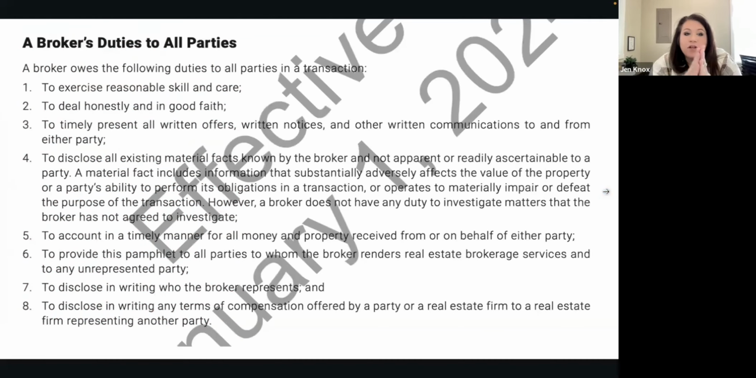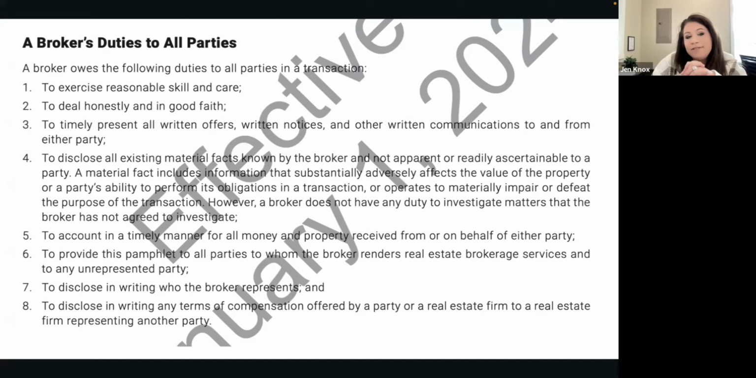All right, so the duties to all parties are also the same, but definitely bullet pointed a little bit easier to understand. We all have to exercise reasonable skill and care. We have to be honest. And we all know that we need to present all written offers, written notices, and written communication from one party to another. So this includes if you are texted